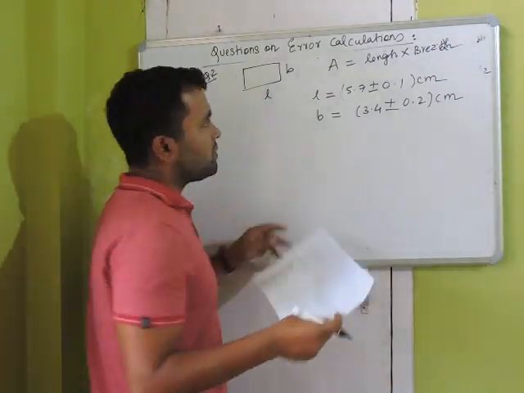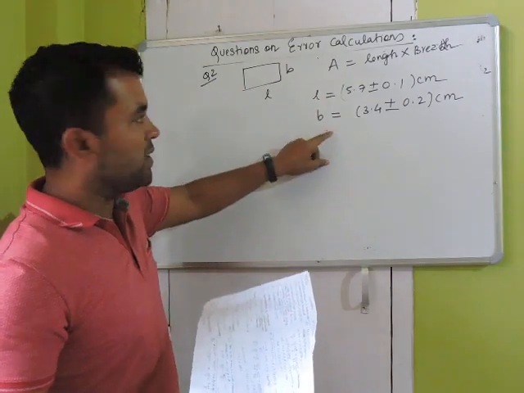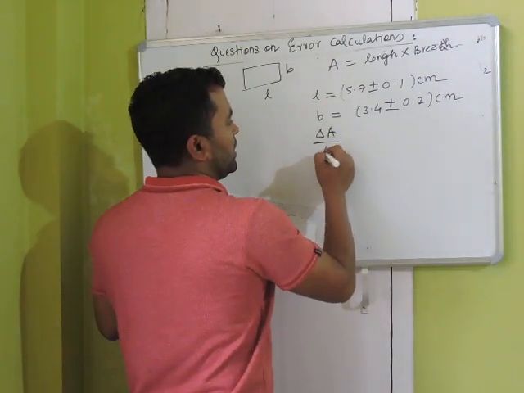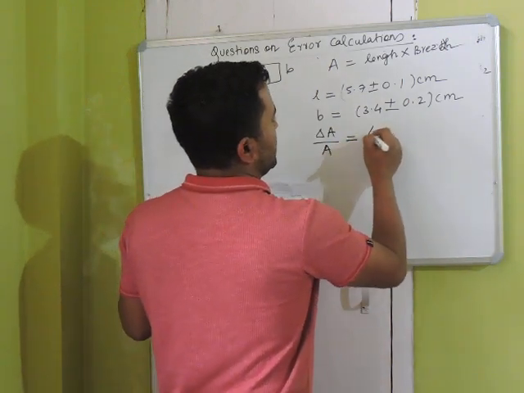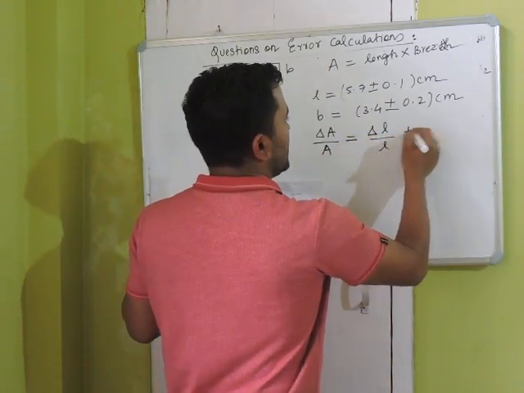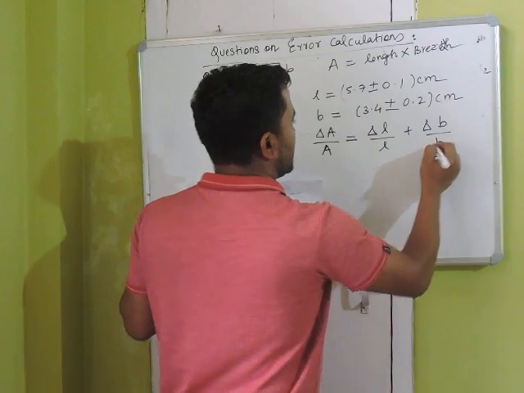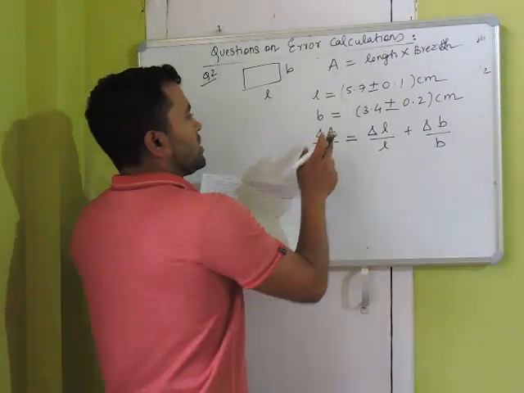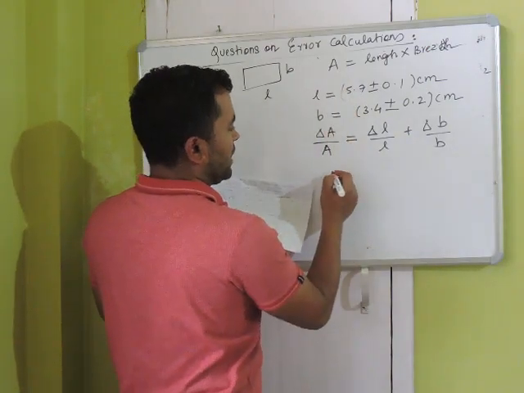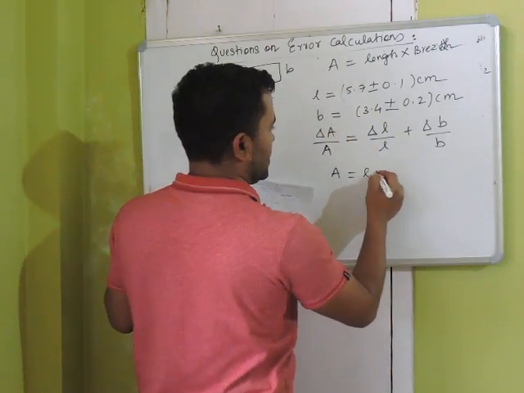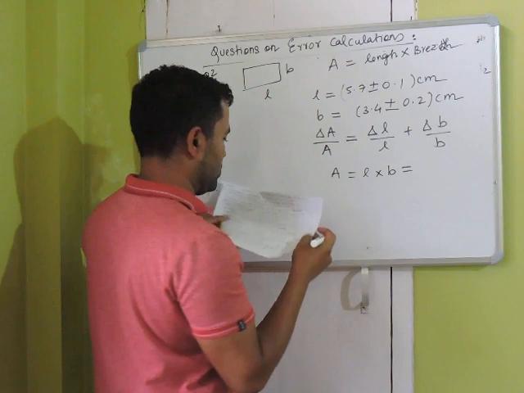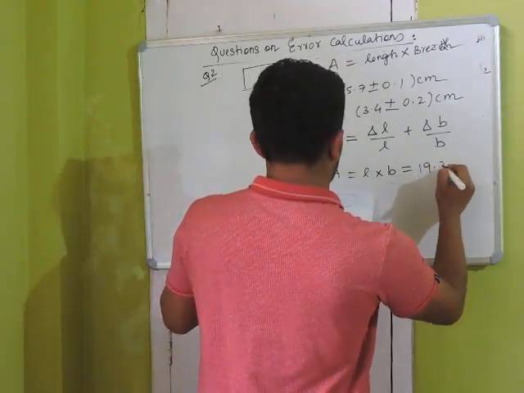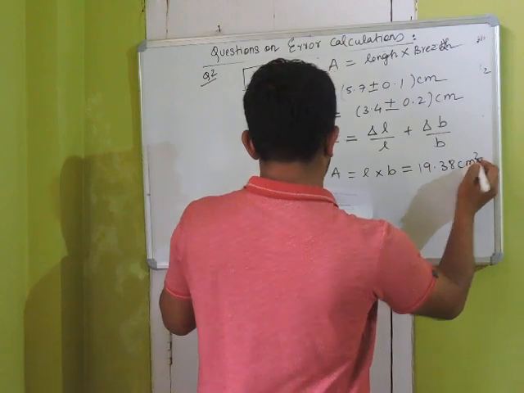So this is multiplication. If you remember, fractional error in area will be fractional error in length plus fractional error in breadth, right? Now area is nothing but length into breadth, which will come out to be 19.38 centimeter square,